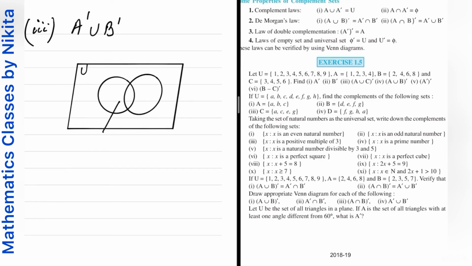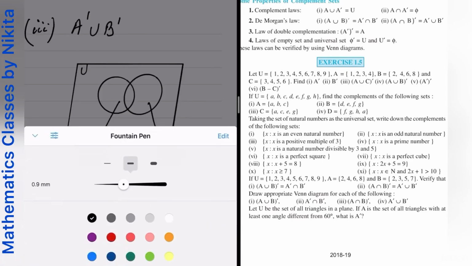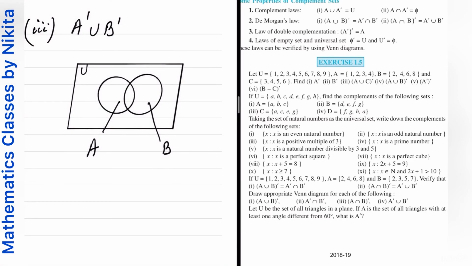This is U, this is A, this is B. Now first of all, what is A complement? Union लेना है, तो it's very easy, we can draw it in only one figure. A complement means you just have to exclude A. बाकी सारे elements ले लो. तो मैंने बाकी सारे elements ले लिए. I have only left A.